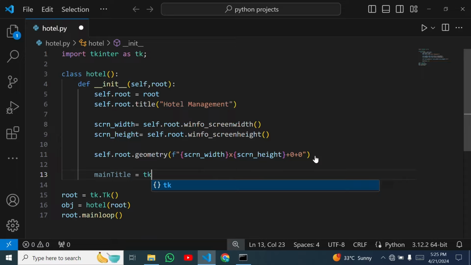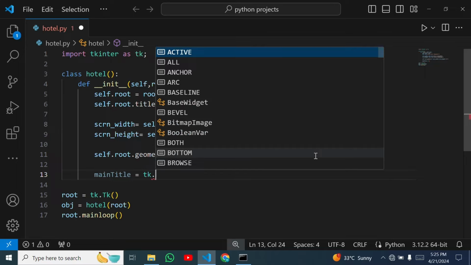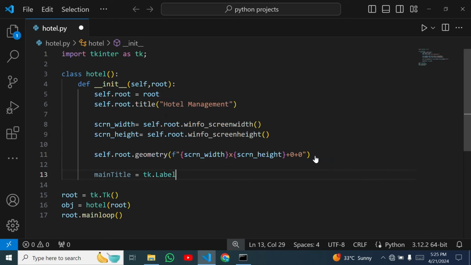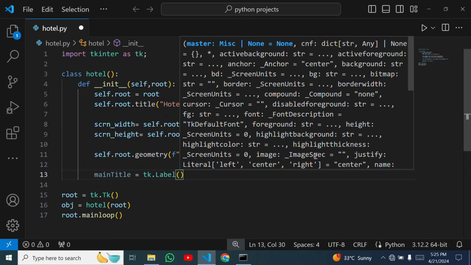Here I have to use tk, because we have to get this widget from Tkinter. So here I have to use tk and then a dot. Now I have to define the name of the widget that I want to use. So this is Label. This is a widget, and you can say it is a user interface element. Now I have to create this label widget in our root window, so here I will use self.root. In this way this label will be created in our root window. Now I have to set a text, so I will use the text property, and then I will set the text: Hotel